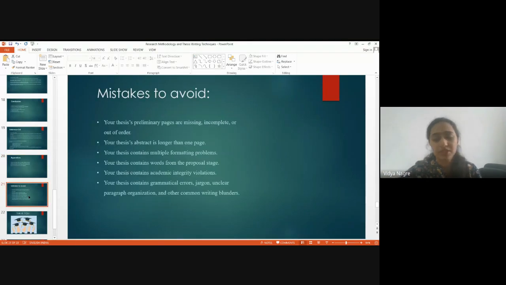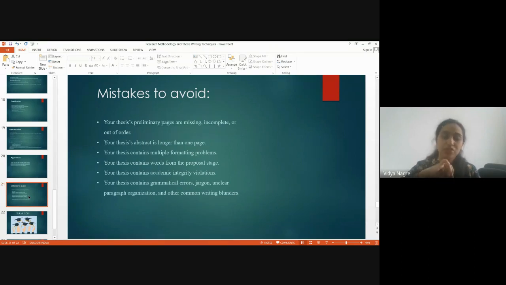These are certain mistakes one must avoid while writing a thesis. Your thesis's preliminary pages are missing, incomplete, or out of order. It should not be done like that. You should be careful to understand what the needs are. So along with your cover page,